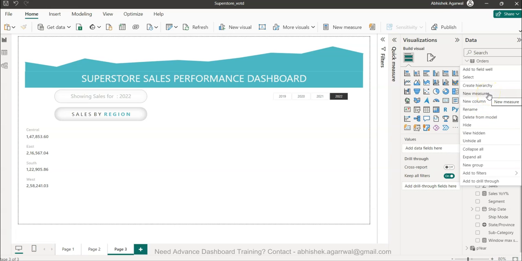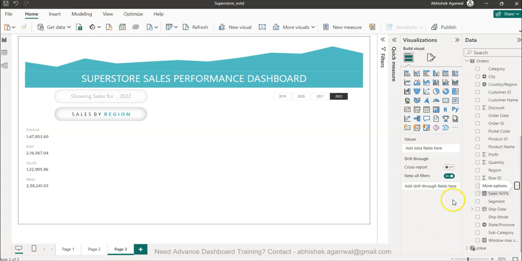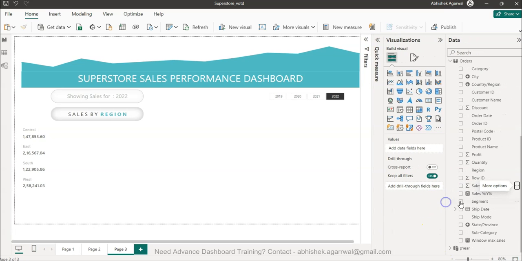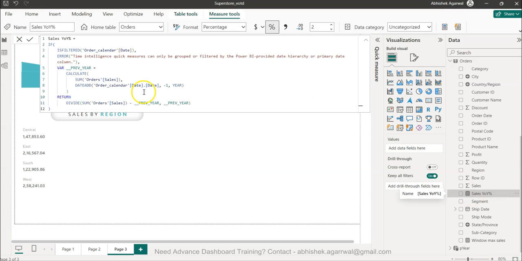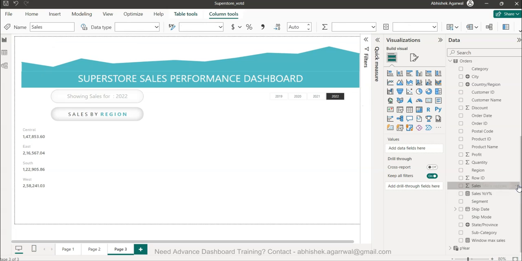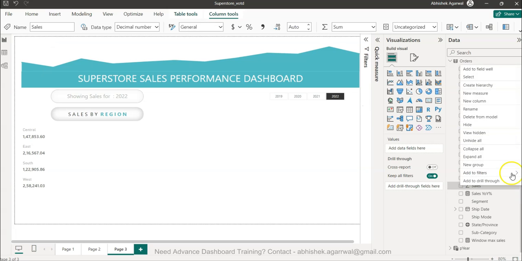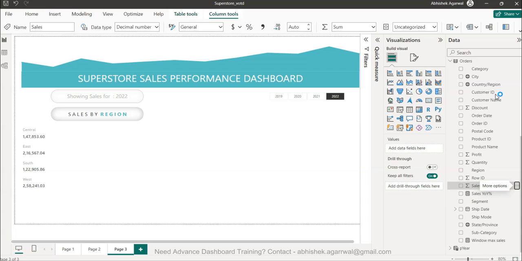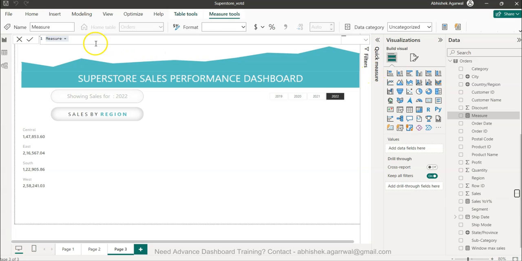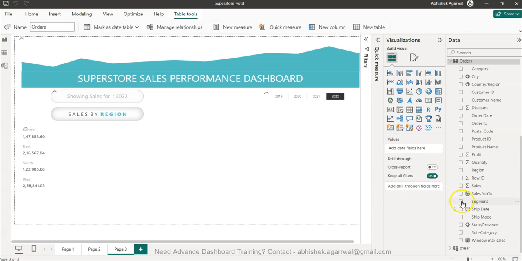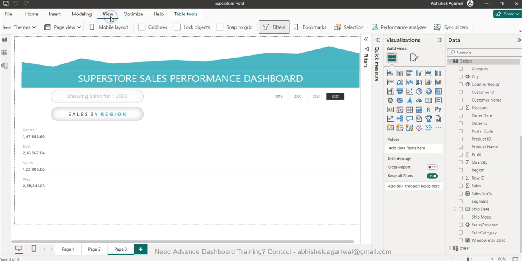Since probably I have already created it, that's why it is not allowing me to create one more time. Just let me try one more time. So this is a measure which I created, which is nothing but creating the YOY value for me. If I click on the new measure, it will basically tell me to create a measure, which is okay, but I wanted to show you that and what I can do is in the view,